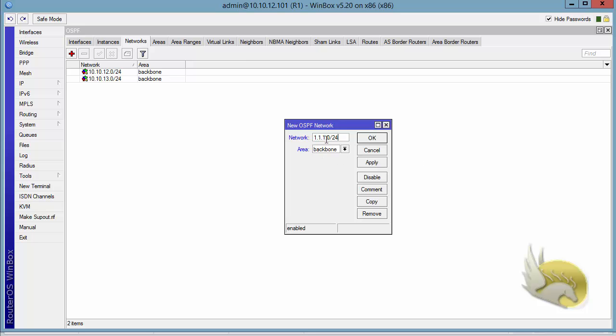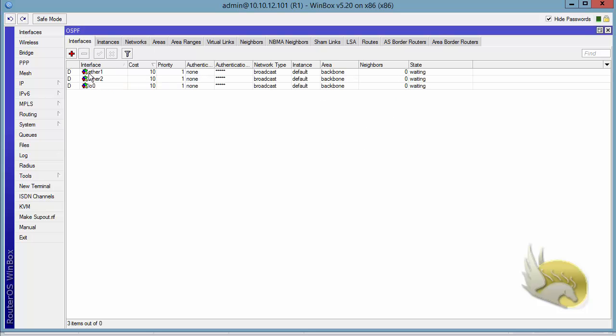That means any interface in this range of IP addresses will be added to the list of interfaces dynamically, and this D flag means these are added dynamically. Okay, now I have configured OSPF on one router. Let's go to router 2 and